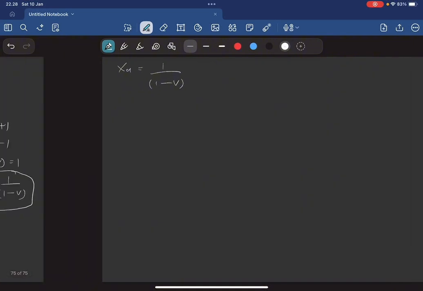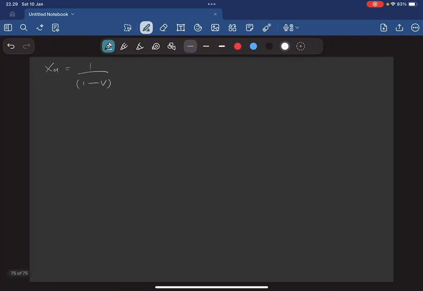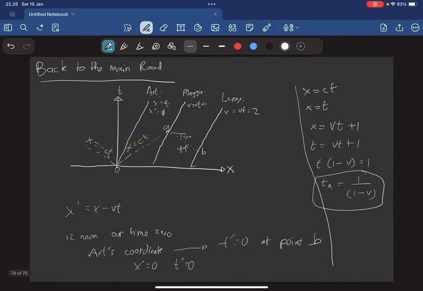Once we have an equation for line AB, we can figure out where it intersects Lenny's world line x equals vt plus 2. It takes a few steps, but they are fun and I don't know of any shortcuts. Every line that slopes at 45 degrees pointing downward to the right has the property that x plus t is constant along the line. So every line sloping upward to the right at 45 degrees has the property that x minus t is constant. Let's take the line AB.